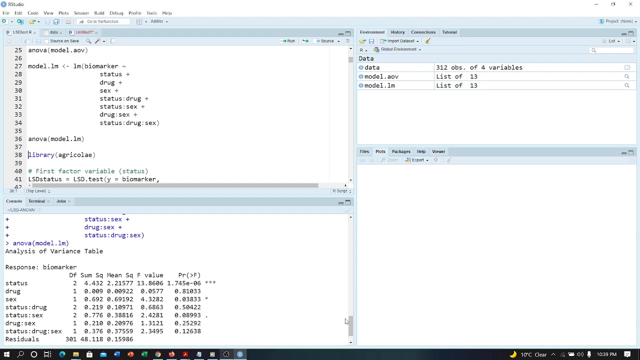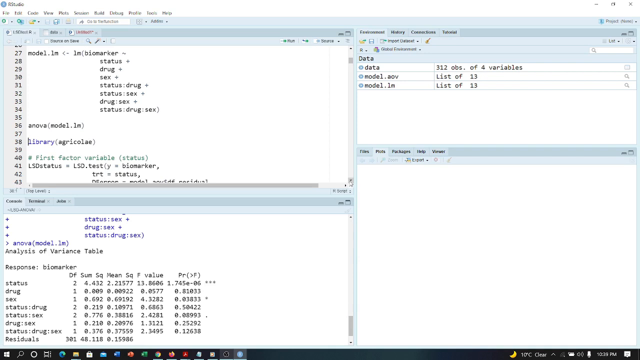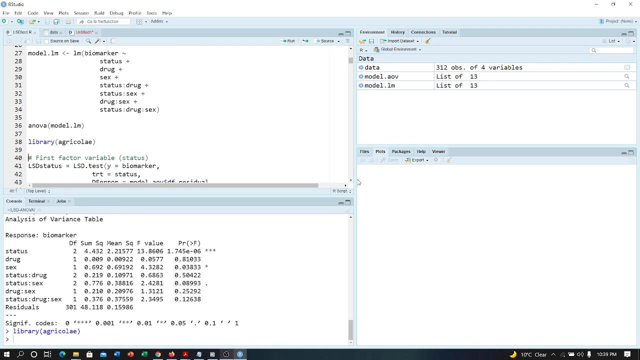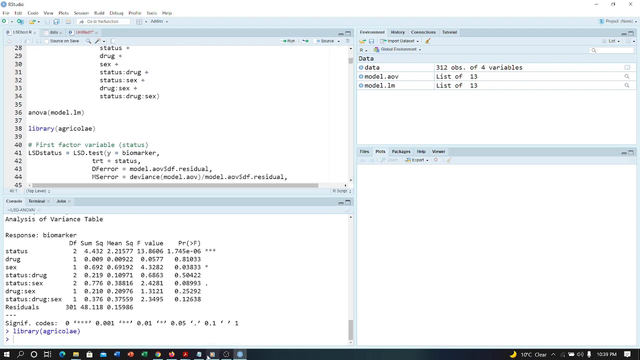Now the next thing I want to do is to show you how to apply LSD on the variables that we have. The first one I want to show you is how to apply it on the variable status. But before then, to apply this test, I have to load the LSD test function for multiple comparison of treatments. I'll load the package agricolae. Then I use the following code